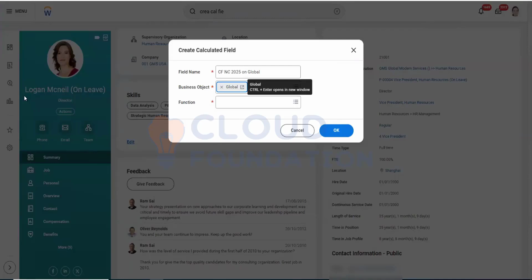The fields which are relevant to one particular business object, you create on that business object itself. The field which will be used anywhere in the system, you create on the global business object. Another example is, let's say you want to build a date, 1st Jan 2025. This date doesn't seem relevant to any particular individual or entity. That is just a field, just a value. So when you need to create that one, you can create it on the global business object,